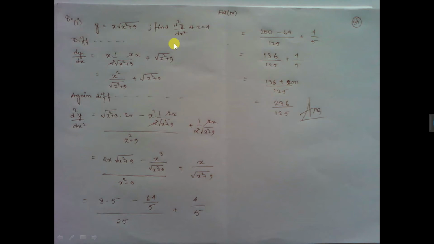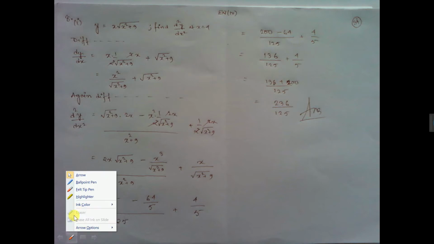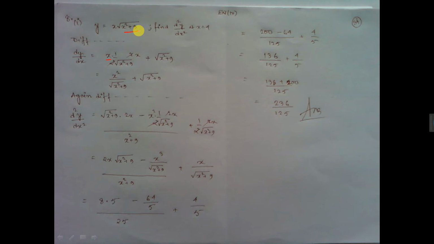So differentiating both sides, this will be u into v differentiation, that is u into d/dx of this. This means this to the power half, so half into this to the power half minus 1, that is minus half, so it will come 1 by root over of this. Again d/dx of this will be 2x, so u d/dx of v plus v d/dx of u. d/dx of x is 1.